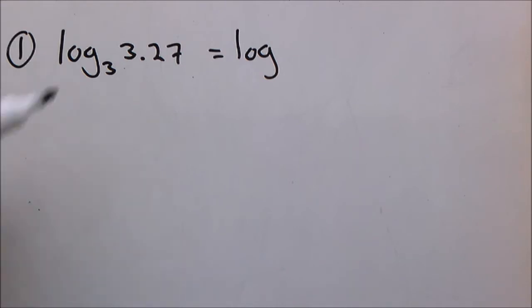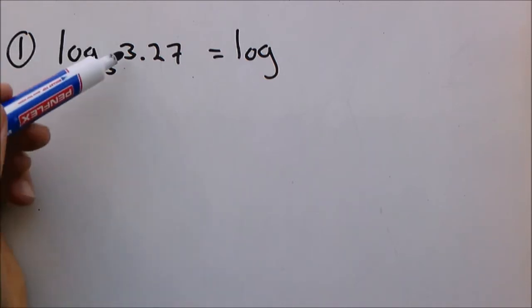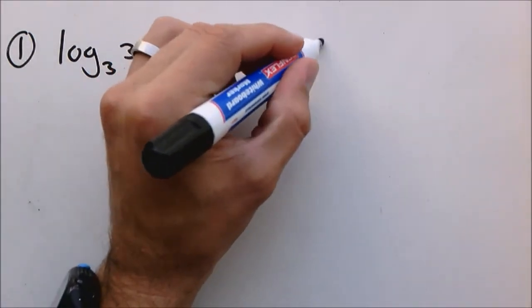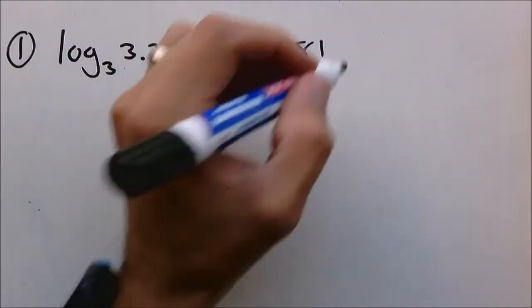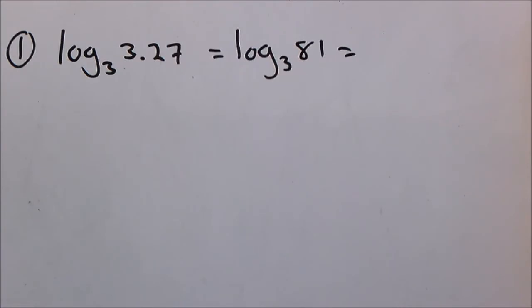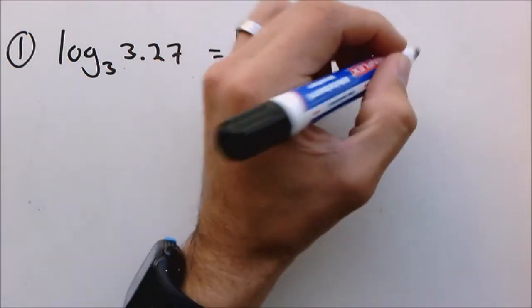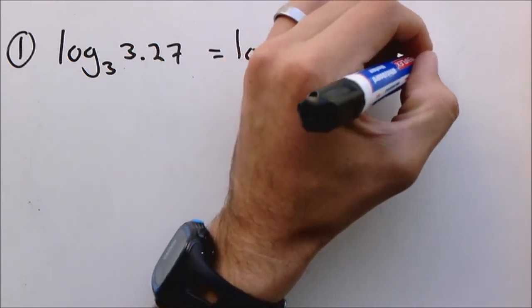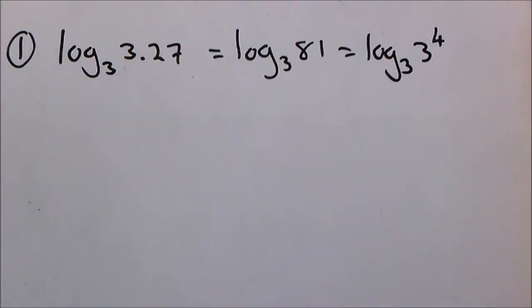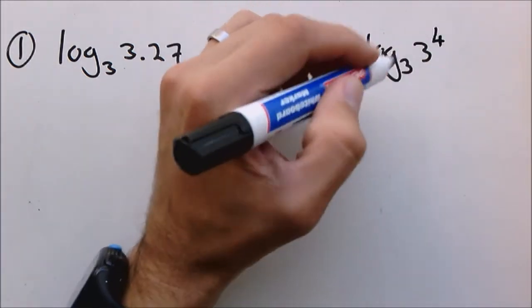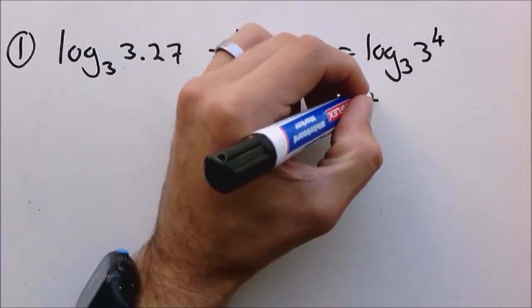Let's do both. The first way would be to multiply. So 3 times 27 is 81. And we understand that 81 is 3 to the power of 4. So this can be rewritten as log base 3 of 3 to the power of 4. And then we can apply the log law by taking the 4 to the front. So this is 4